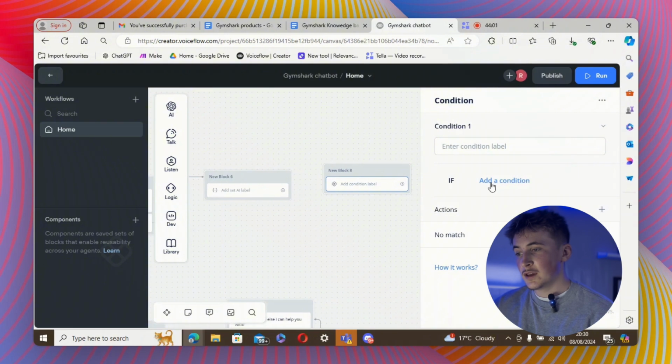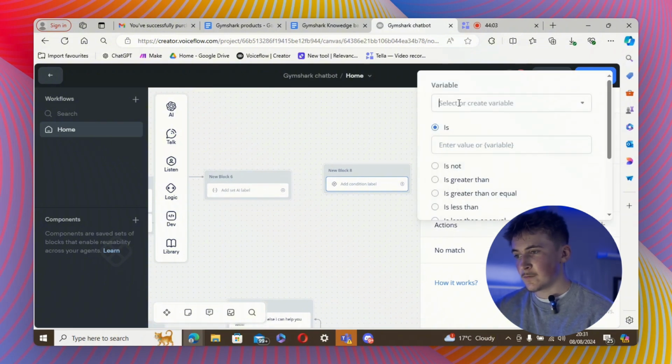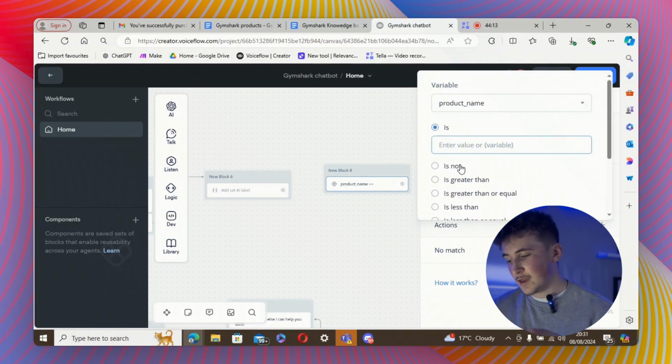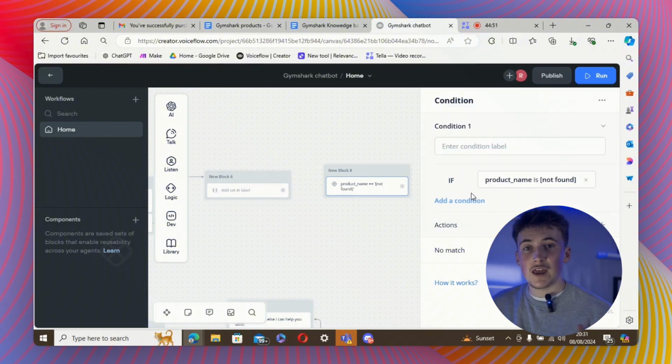So all we're going to put in here is if, and add the variable, we're going to say if product name is not found. The reason we're saying not found and I've put it like that in those squared off brackets is because that is how the AI is going to output the results if it can't find a product that matches the description. So it's going to output the product name as [not found] in square brackets, so you need to make sure you type it exactly like that with the space, with no capitals, otherwise it's not going to work. We're going to say if product name is not found,